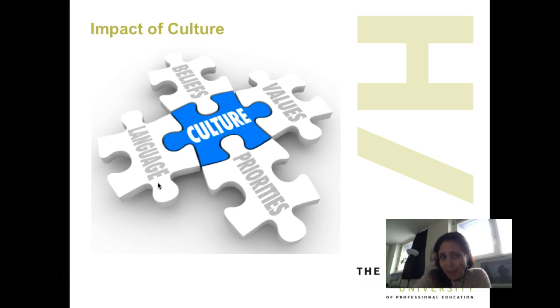Impact of culture. As business students, international business students, you should realize that culture has a huge impact. We are not going to give you too many specific ways of analyzing culture because there are so many different ways that you can approach it. But to give you a starting point for your assignment when you're analysing the impact of culture in both the overview of the business and also in your target market analysis, there are, of course, the absolute basics of which